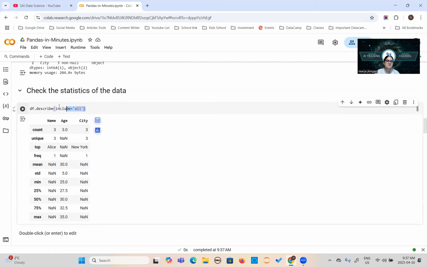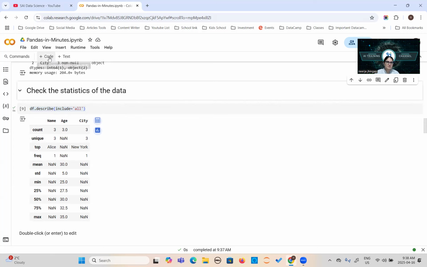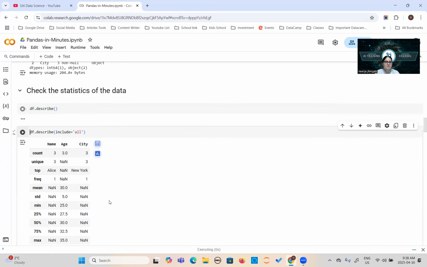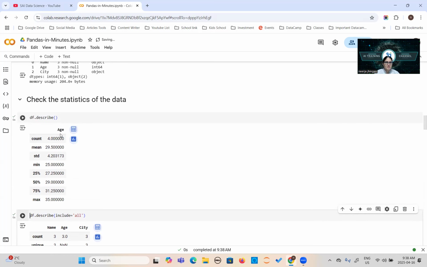Now, if you are interested in looking at the statistics of your data, to understand the total number of records and how many unique values it has, here is one important thing I will tell you. Just let me create this one. If I am only doing describe, look at the difference. It is only picking up the numerical data, right? It is showing me the mean, maximum value, standard deviation, minimum.